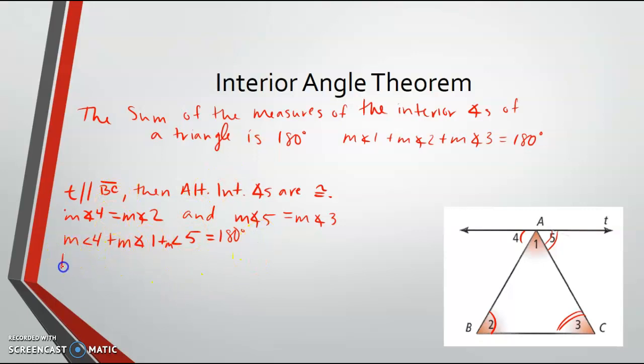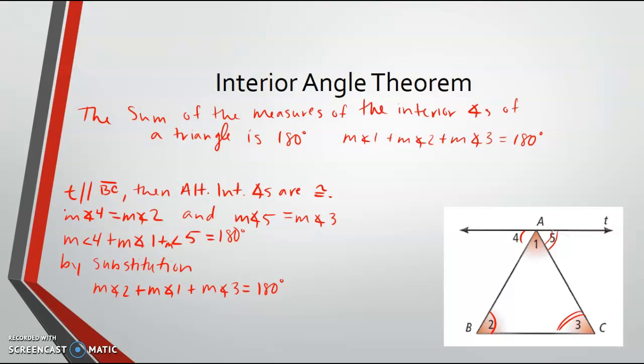Now, I'm going to use substitution. So by substitution, I can replace the measure of angle 4 with the measure of angle 2. So the measure of angle 2 plus the measure of angle 1, we didn't have anything that replaced it, plus the measure of angle 5, which is equal to the measure of angle 3, so plus the measure of angle 3 equals 180 degrees. And so that is one of the proofs